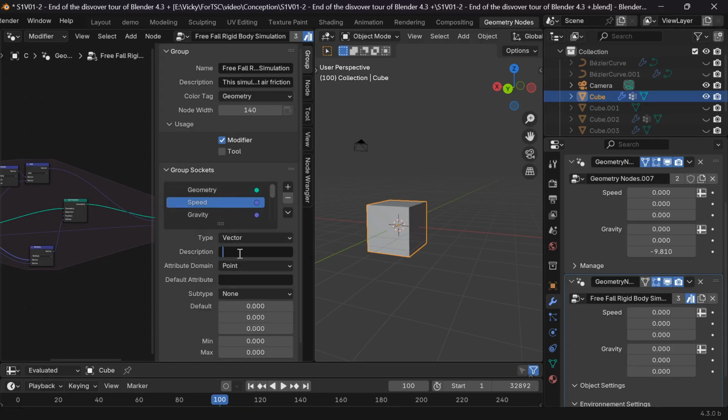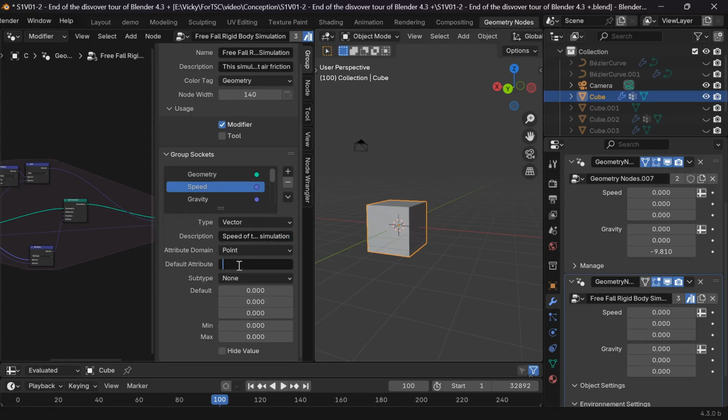The next, this is a little new. You remember when we talked about field property and spreadsheet? An attribute is that, a property of the geometry data we can see and access when we build geometry in the node editor. As you can see, we can choose a domain where we apply our attribute. I let point, which is vertex, in the spreadsheet editor. I set the name of the attribute to speed final. Remember, the dot is on the side of the output.